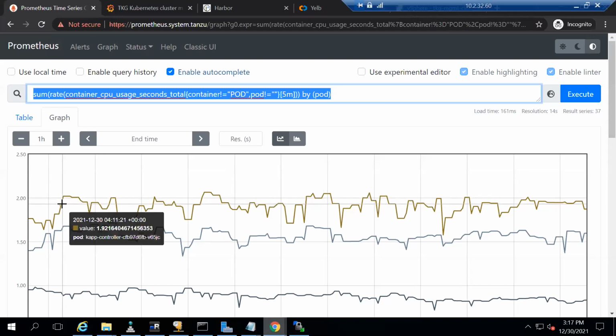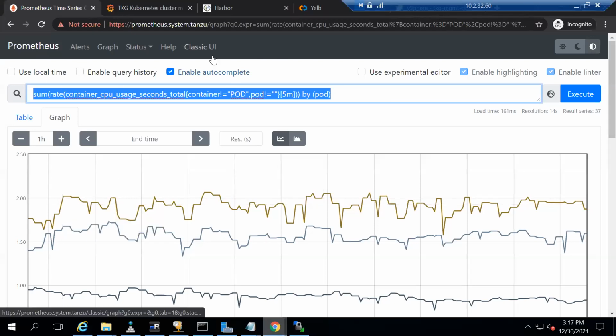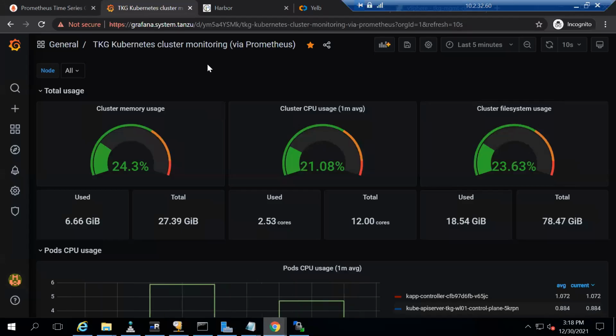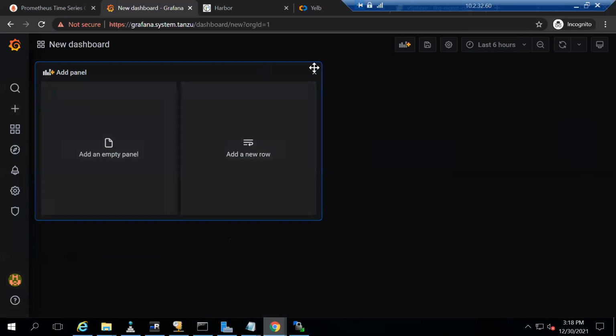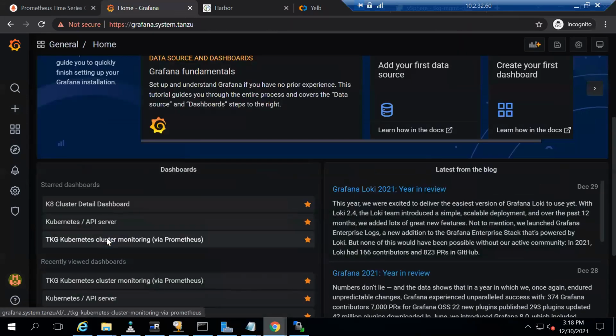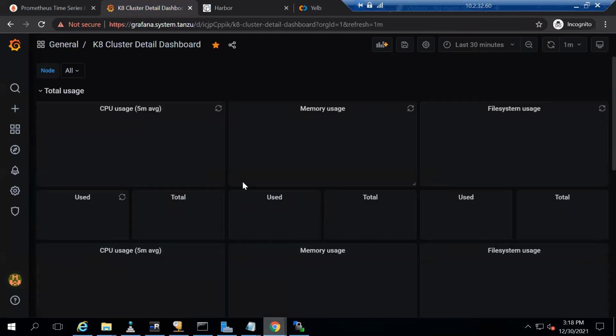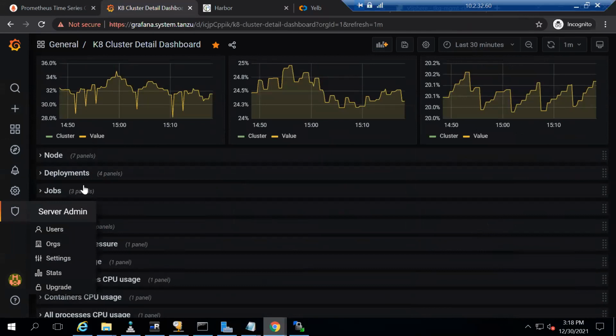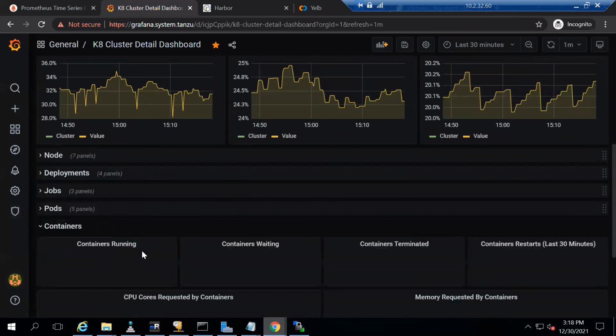So if you can see Prometheus, this is basically a tool which helps you to collect metrics. You can write your own queries where you want to collect your specific type of data. And then we have Grafana. Grafana is something like a dashboard. You will have options to create your own dashboard, or you can use the existing dashboards, which will show you some details about the Kubernetes environment that you're currently logged into. It shows you what amount of containers there are, what pods are running here, and those types of details will be present over here.